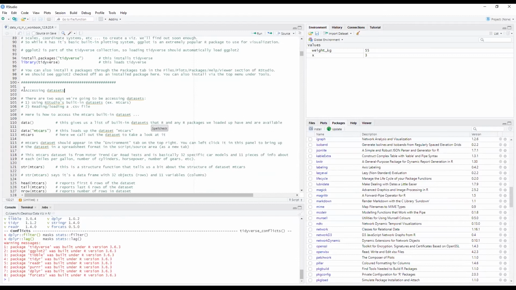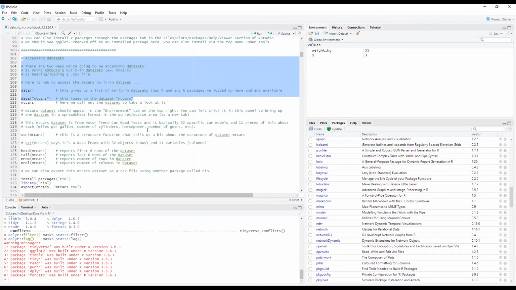Okay, so accessing our data sets. There's two main ways I want to teach you how to access your data set. One of them is using RStudio's built-in data sets. Just as a learning tool, RStudio has a whole bunch of data sets built in. Learning how to access these data sets will allow you to Google a lot of different examples, because people are using the data sets that RStudio has built in.